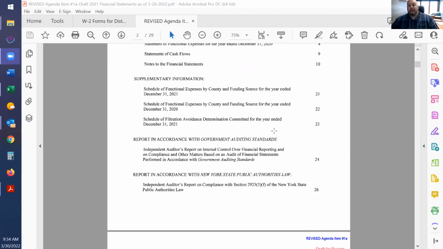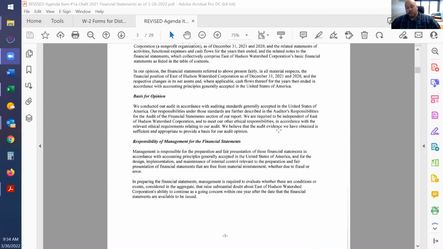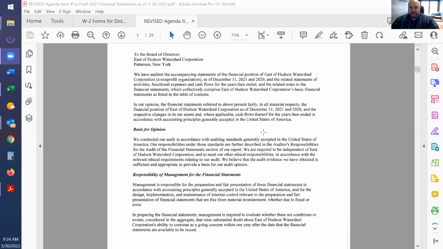So with that being said, if we go to page 1, the first part of the report is our actual independent auditor's report. This is basically a summation of the basis for our opinion, responsibilities of management for the financial statements, the auditor's responsibility, and then a little report on the supplemental information that's included in the back of the report itself. What we have issued here is an unmodified opinion, which is the highest opinion you could get on the report. So we had no issues with material misstatements, anything to that extent. So we were able to issue the unmodified opinion.